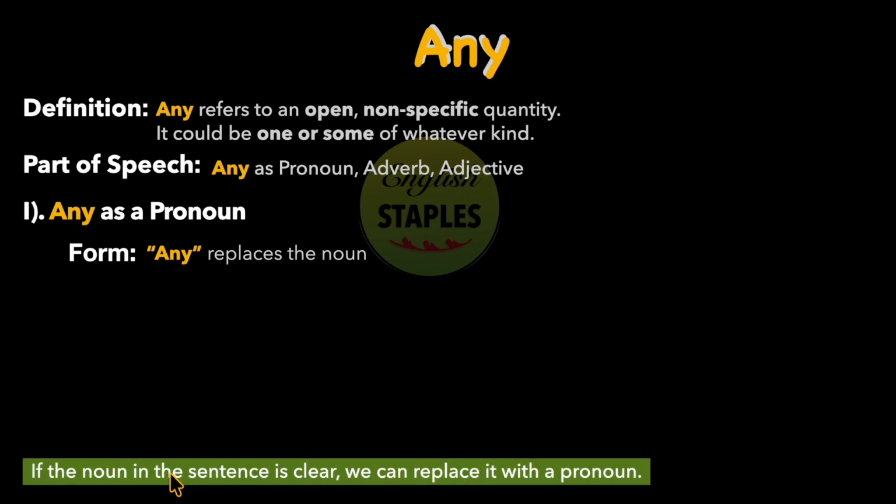If the noun in the sentence is clear, we can replace the noun with a pronoun. In other words, if we are talking about a specific noun and it is clear in the conversation that we're talking about this particular noun, when next we refer to that noun, we can use a pronoun instead of the noun. For example,